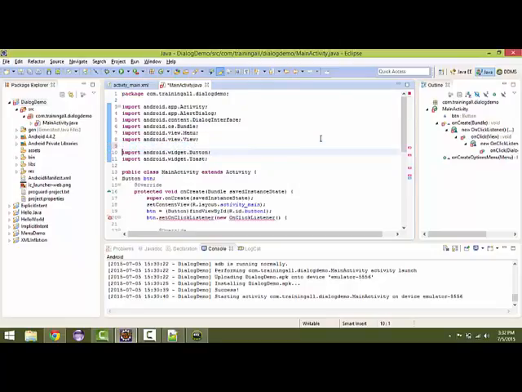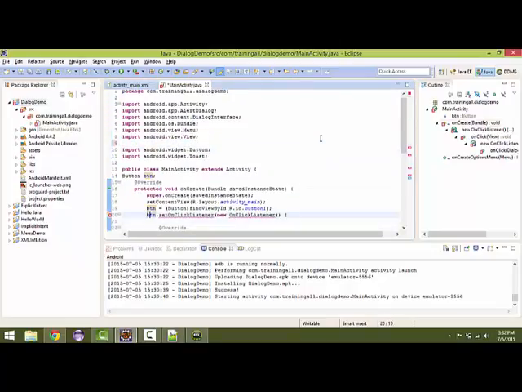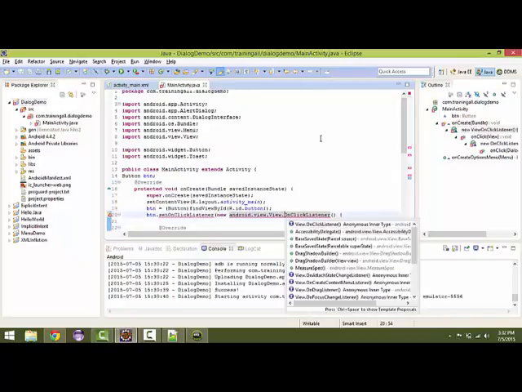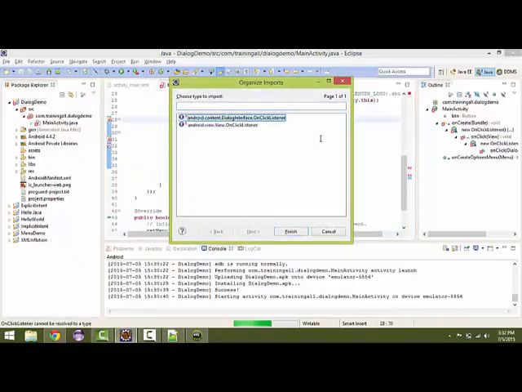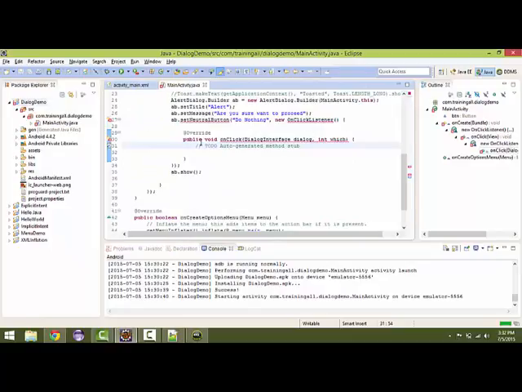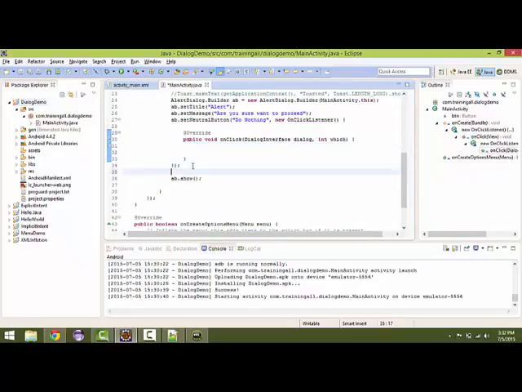So what I'm going to do is I'm going to set it here. I'm going to import the dialog interface here. Do nothing, and ab dot